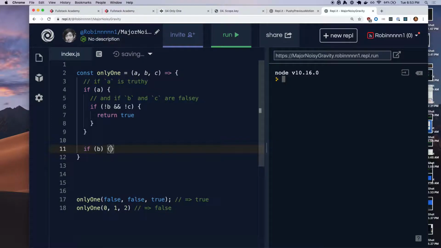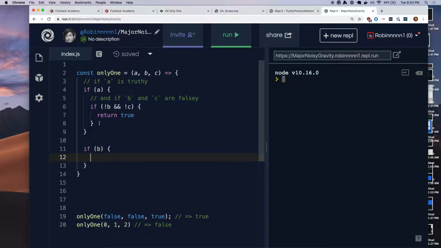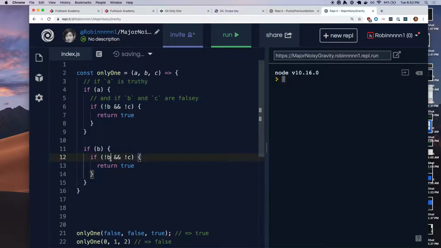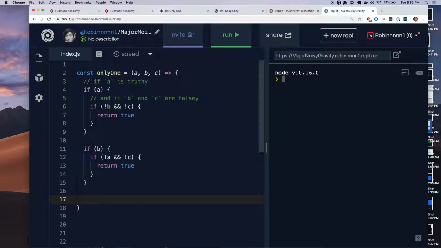So if B is truthy and if A and C are falsy, that means only B is true and A and C are false. Right? This is the same thing as this, except we're saying B is the only thing that's true and A and C are both false. Here we're saying A is the only thing that's true and B and C are both false. Right? And then finally,